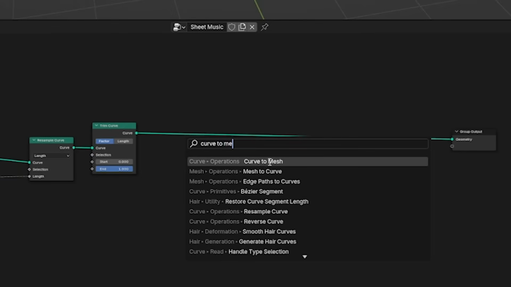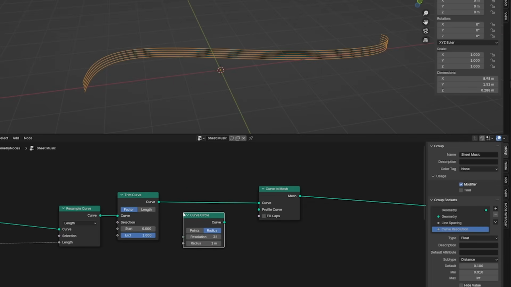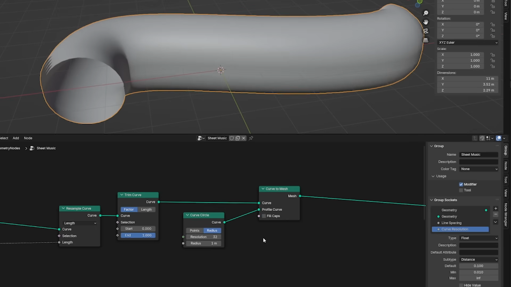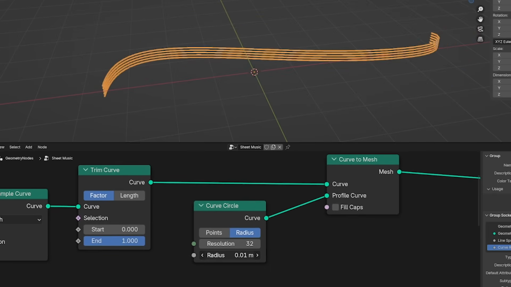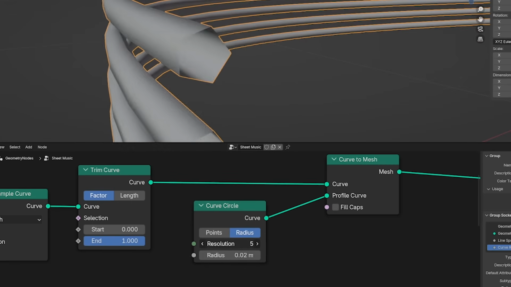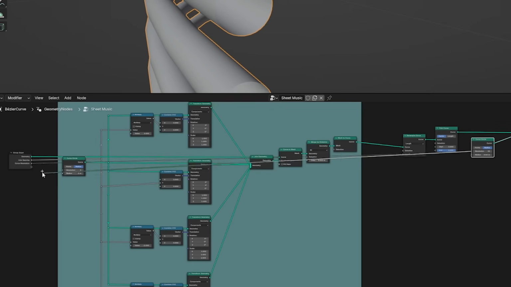So I'll once again use a curve to mesh node, this is a recurring theme I've noticed, and use a brand new circle curve as its profile curve. The reason I'm not reusing the old one is because I want different values here. Radius will determine the thickness, and the resolution will determine the resolution. I'm going to drag both of these values into the group input to expose them,